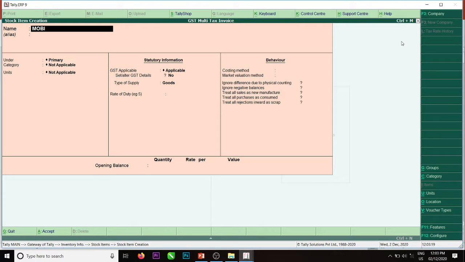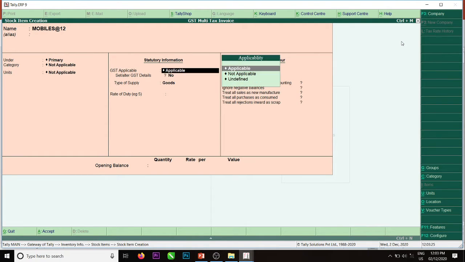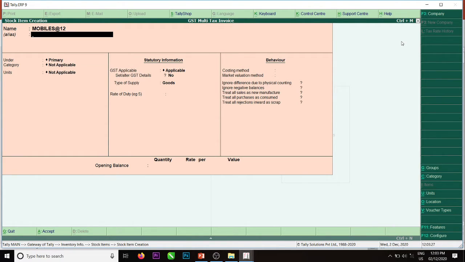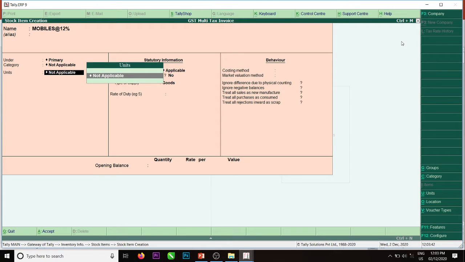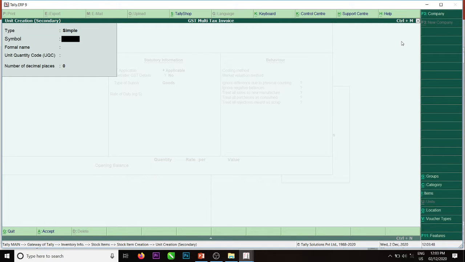Mobiles at the rate of 12%. Primary category, leave it. Mobiles are measured in units. We will create units of measure.